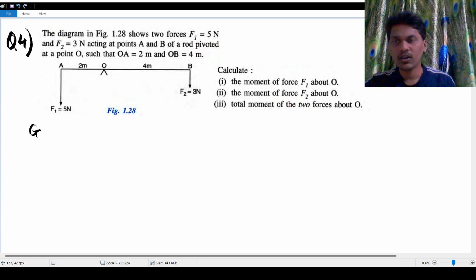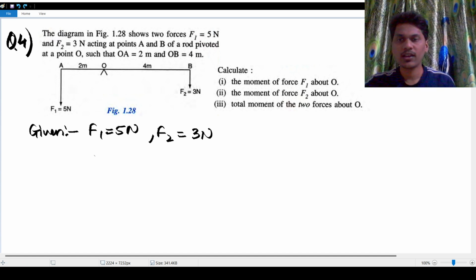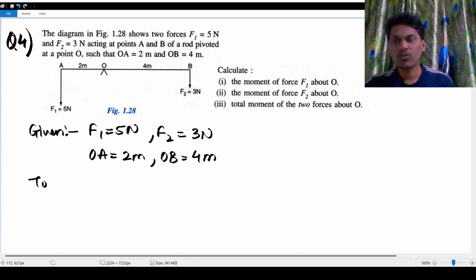So given to us is F1 equal to 5 Newton, as given in your diagram, F2 is equal to 3 Newton, the distance OA is equal to 2 meter and distance OB is equal to 4 meter. To find: